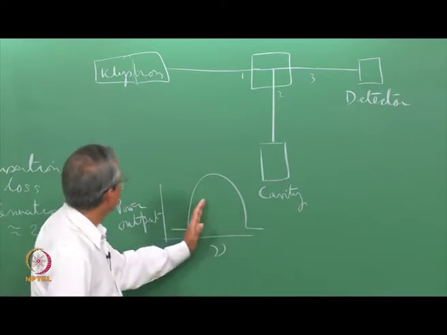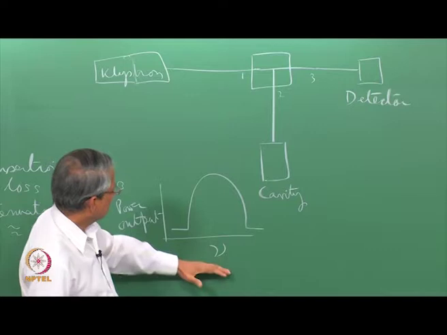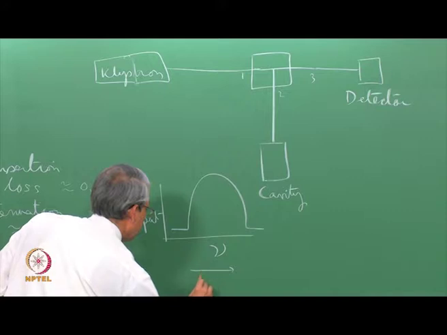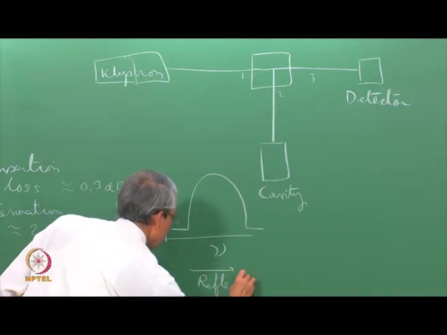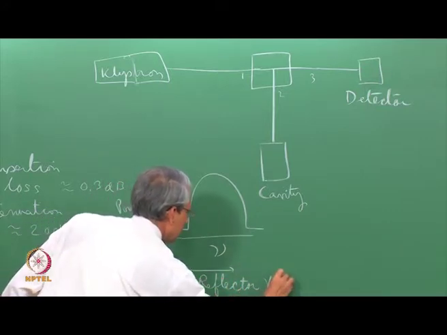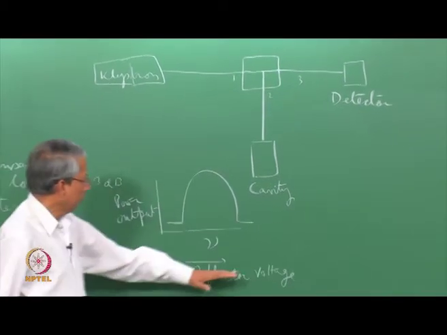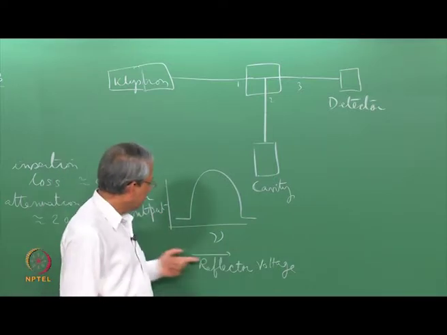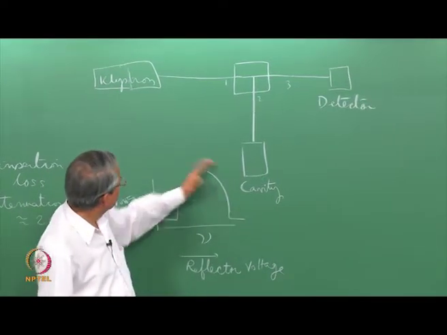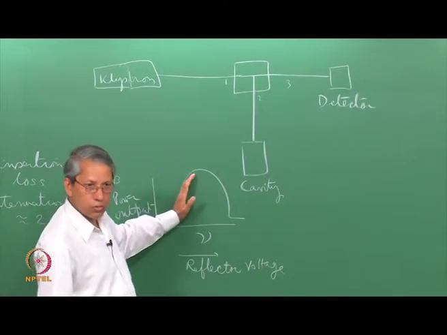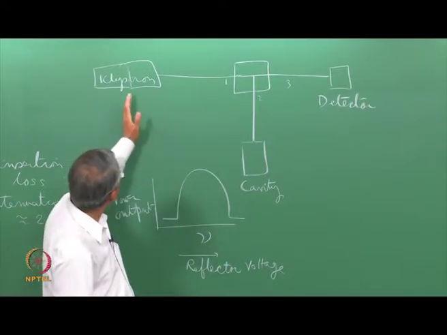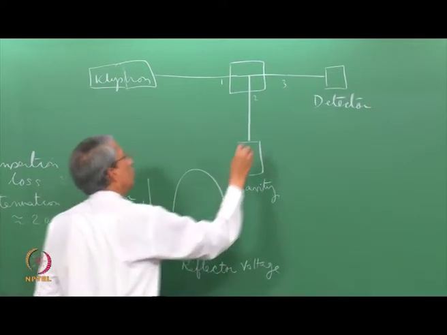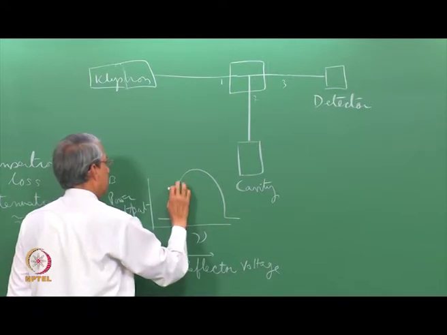So, these are the possible frequencies that the klystron can give as a function of frequency, but this can also be written in terms of the reflector voltage, because changing the voltage of the reflector changes the frequency. So, what is done here is to continually change the reflector voltage and see this mode on an oscilloscope. Then keep on changing the frequency such that the power that comes here will show a certain dip, something like this kind.